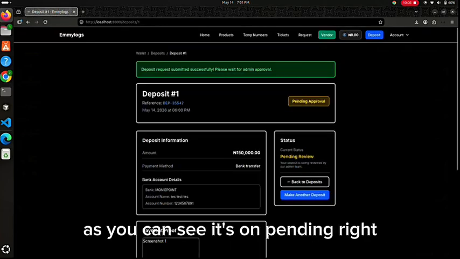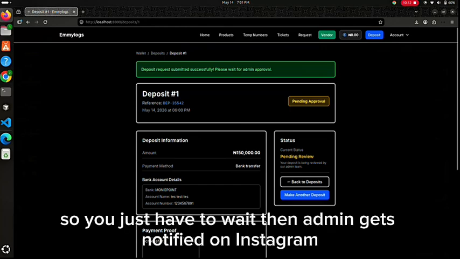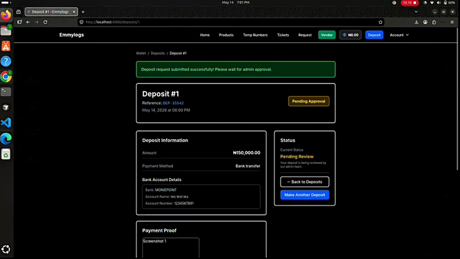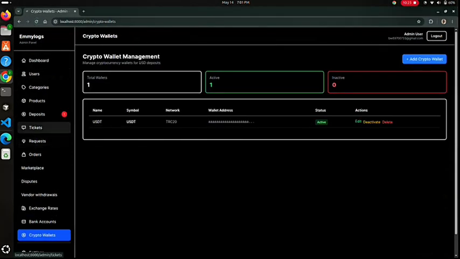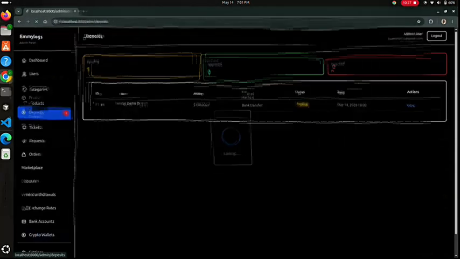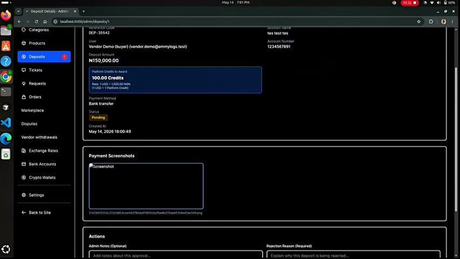Now, submitting depends on your network. As you can see, it's on pending, right? So you just have to wait. Then the admin gets notified on Instagram. When you refresh, you see we have this deposit notification here. Admin would now